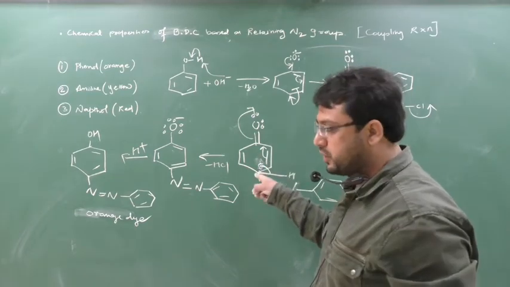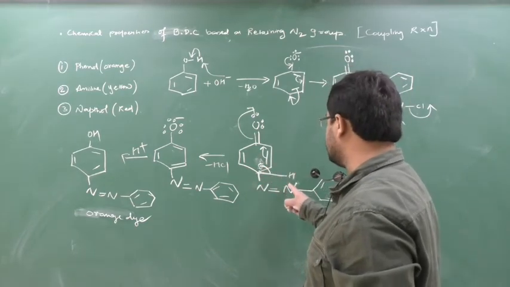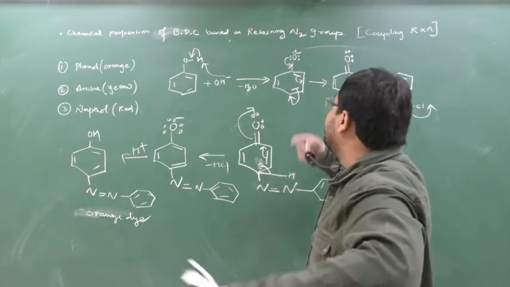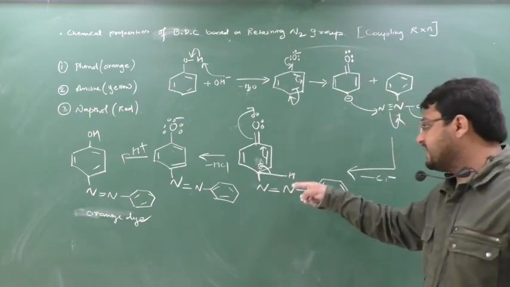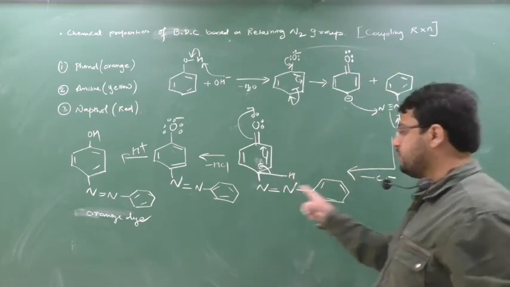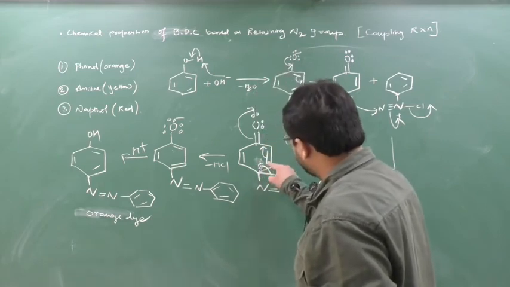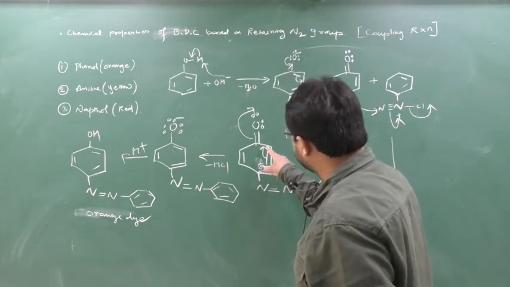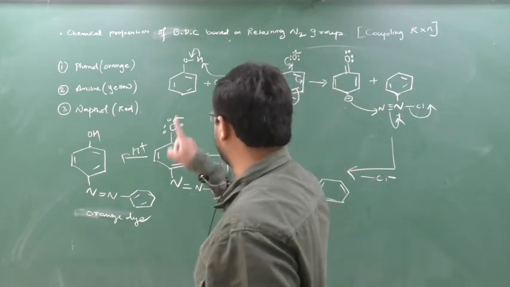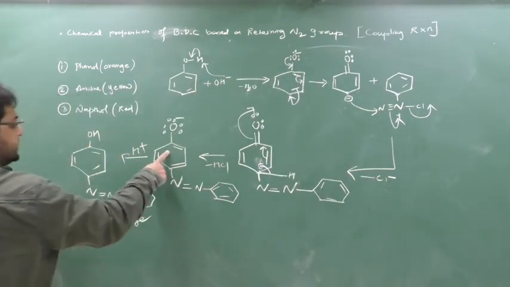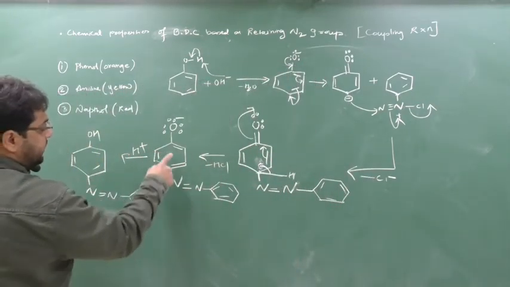Here aromaticity is broken. To give its aromaticity back, this H will be moved as H plus. It will give its sacrifice. So H is moving as H plus and will react with Cl minus to form HCl. Here aromaticity will get back. If a bond forms here, then due to repulsion this bond will shift here. If this bond shifts here, this double bond will break and convert into a minus charge, same as it is. So here aromaticity has got back.